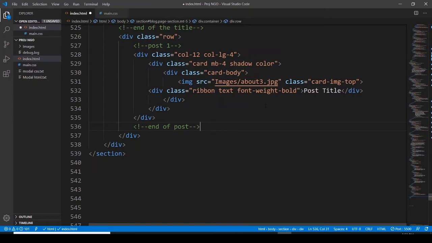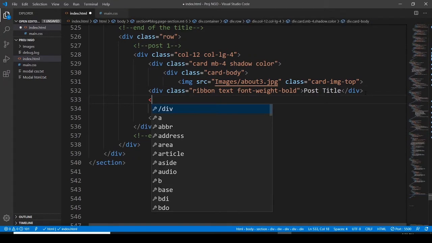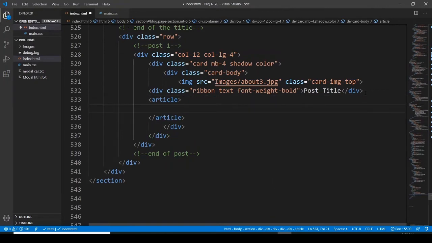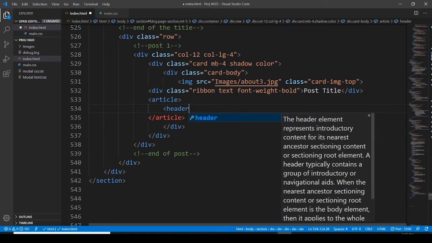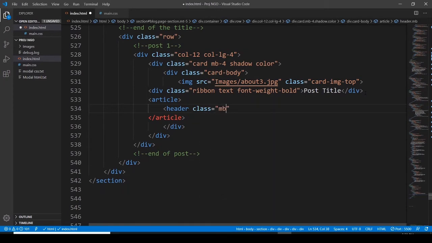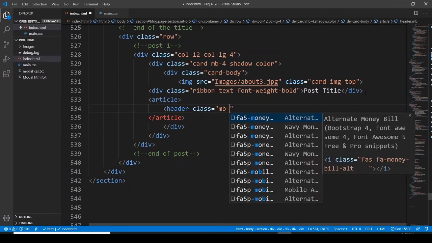Okay, so after having my post title, here we go, then I have to go with an article, and within the article let's write header, class of mb-2,